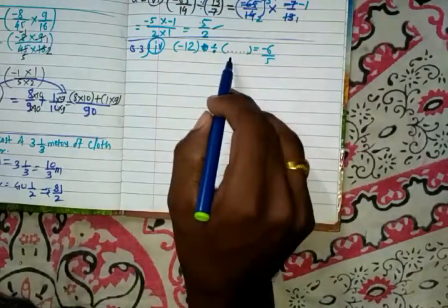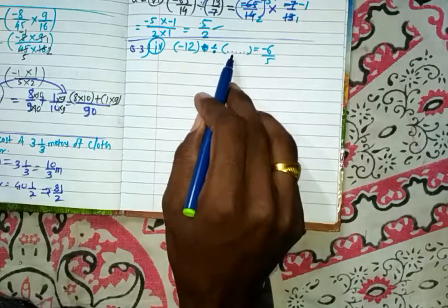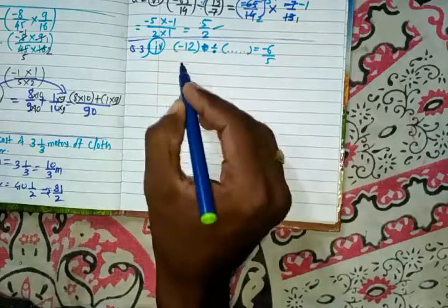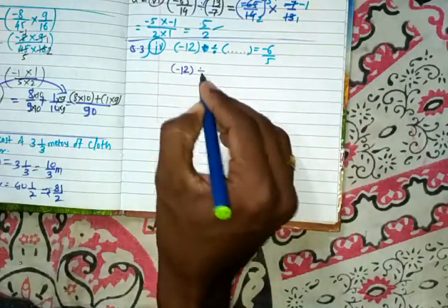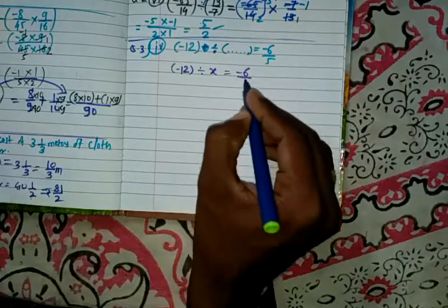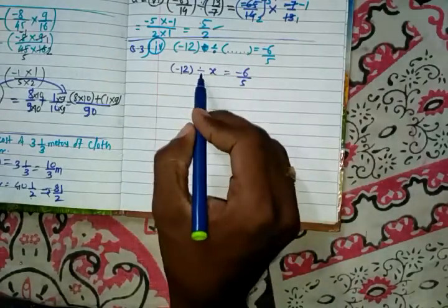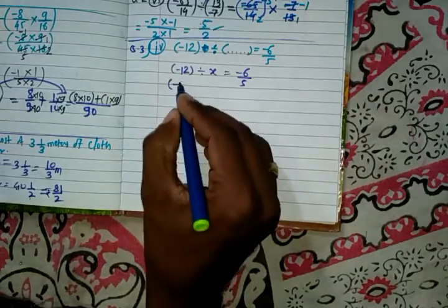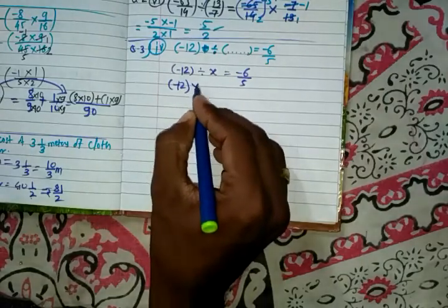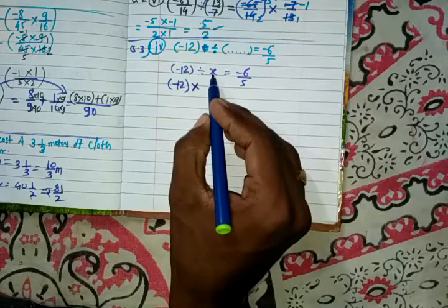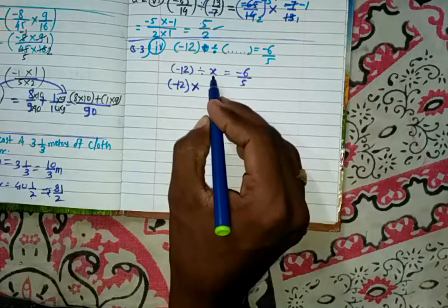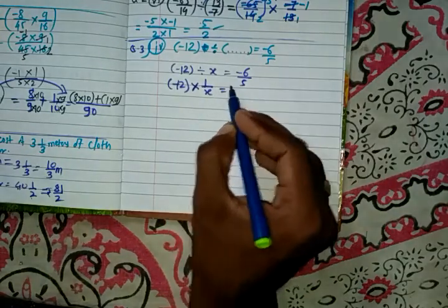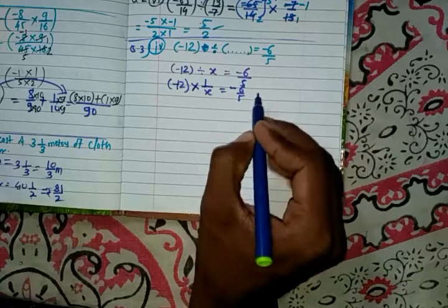Now we are going to start question number 3, fourth problem, filling the blanks. Suppose this blank has something, another rational number, but we don't know it now. So we will take x in the place of that. So I will write again minus 12 divided by x equal to minus 6 by 5. Now students, we will do this division by the rule of division: minus 12, and we will convert this division sign to multiplication and take the multiplicative inverse of x. So what is the reciprocal of this x? Yes, 1 by x, and this as it is, minus 6 by 5.